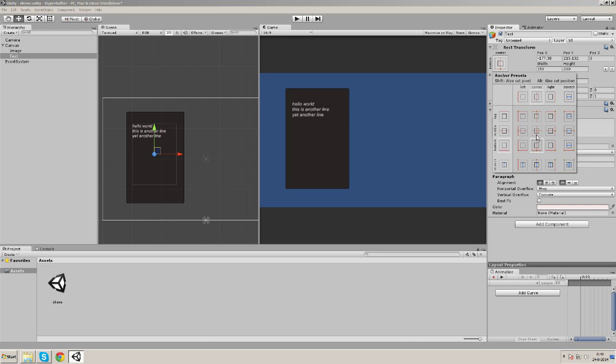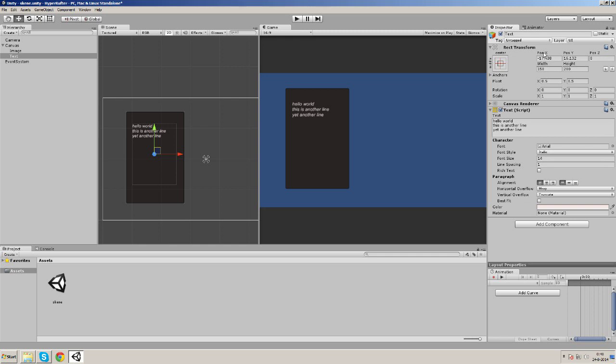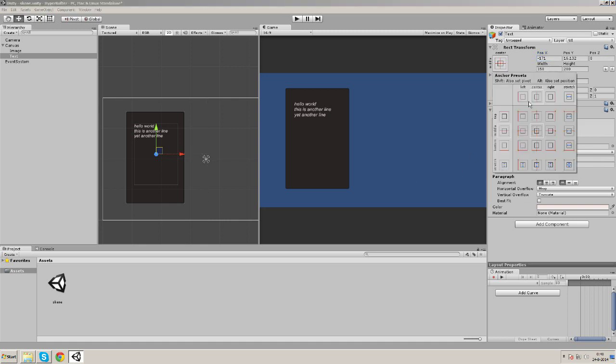So if you put the pivot in the center and move its position, the position moves relatively to the pivot of your canvas, and if you put the pivot here,